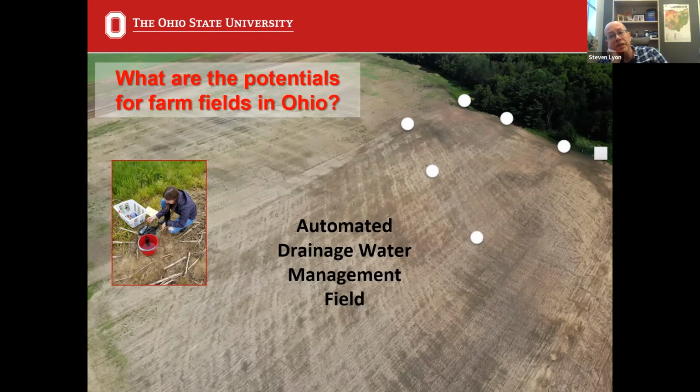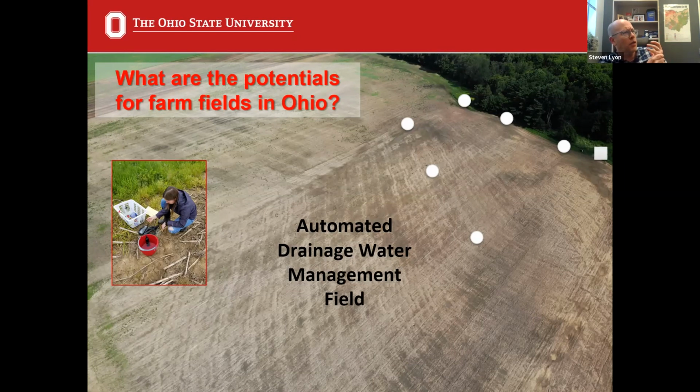So this is the same type of system, this idea of controlling that outlet and adjusting the level of water in a farm field or the tile drainage flows with these type of valve systems. And the automated part here comes into play is that we actually use sensors or the measurements of the water flow in that outlet structure to control when the valve that releases drainage water opens and closes. So it's no longer a manual judgment call or something that a farmer has to manually go adjust. The automation allows that system to open and close on its own. It relieves the amount of time it takes for farmers to manage the system and also takes some of the guesswork out of, should I open this or should I not open this valve?